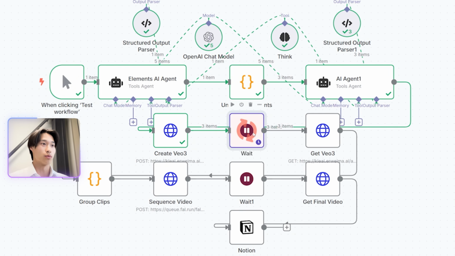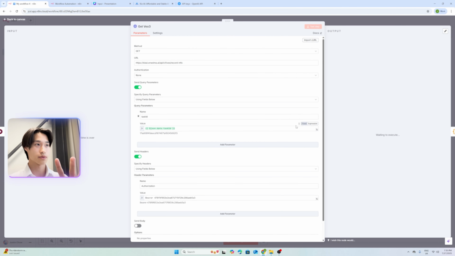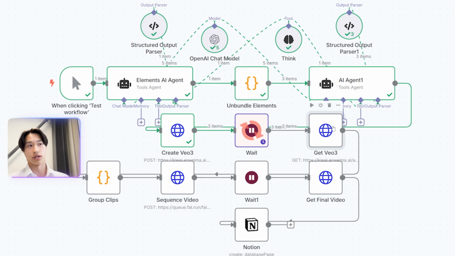Then there's a wait node, and we're going to wait on this. It's about 3 minutes to create all 3 videos. So these 3 videos will be stitched together into one. And this node here collects it. It goes in and gets the videos from that platform. The videos are then grouped sequentially, and this software will then sequence that into editing it into one fluid video. Then it waits for that process to happen and then retrieves that video and then uploads it into our